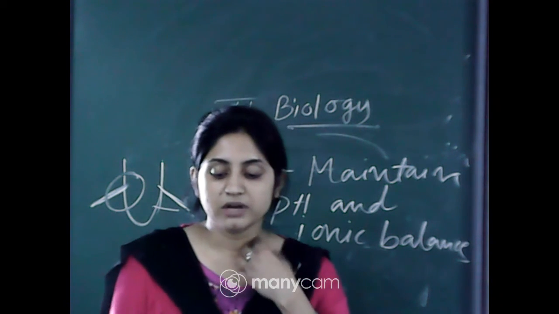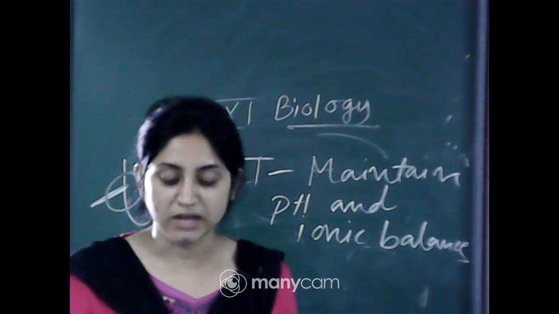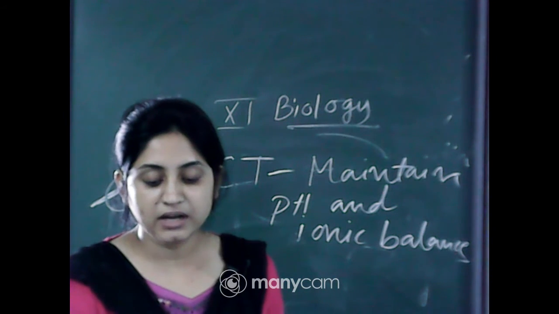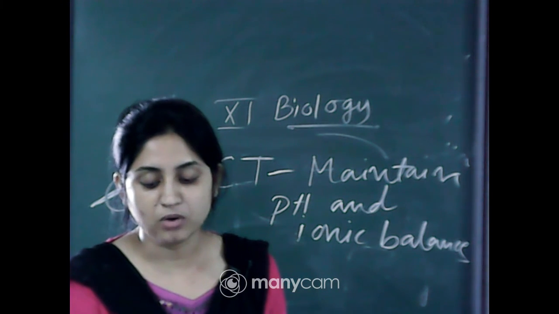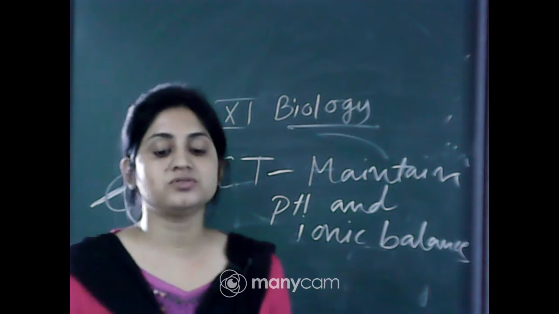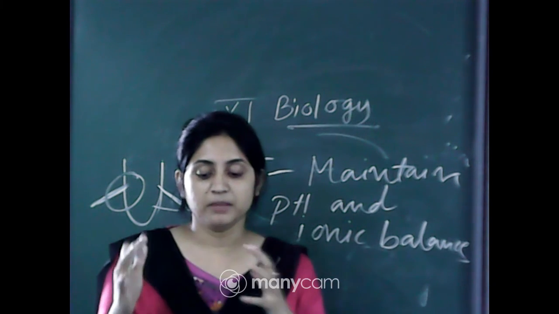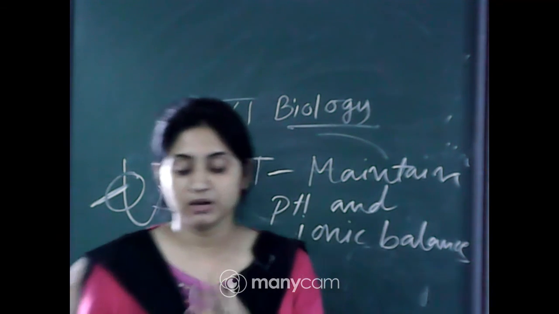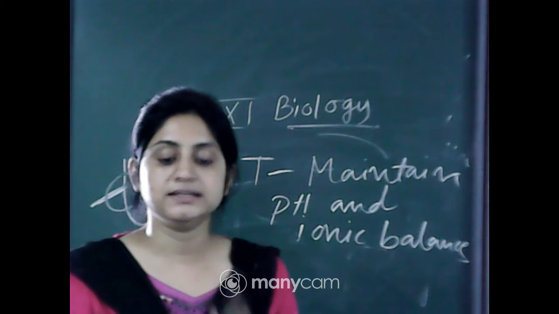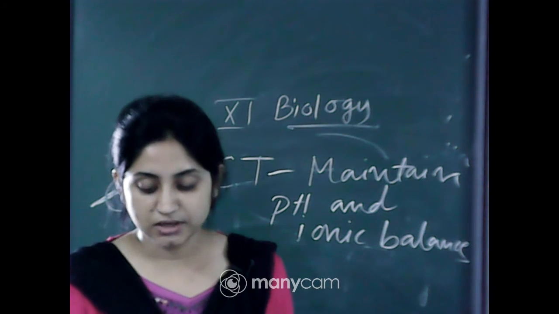Okay. So, the counter current mechanism helps in maintaining and increasing osmolarity in the medullary region, not the cortex region. That is 300 milliosmoles per liter in the cortex, and about 1200 milliosmoles in the inner medulla. So, the cortex, the outer side, is lower, 300, and the medullary region is 1200 osmolarity. This gradient is mainly caused by NaCl and urea. NaCl and urea thus maintain this concentration gradient.